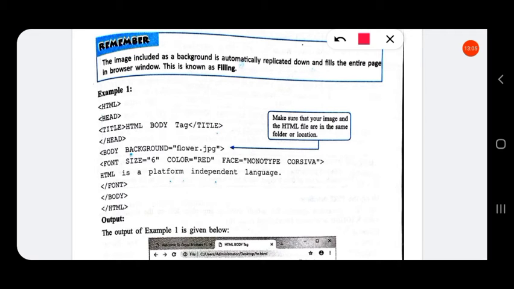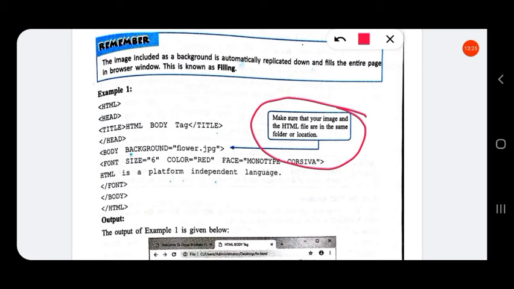Now we have given body, then background equal to flower.jpg. Here you can see it is written: make sure that your image and the HTML file are in the same folder location.